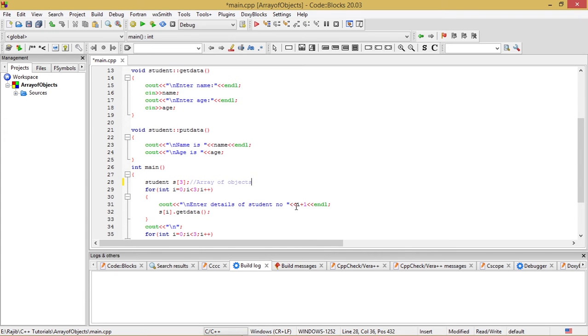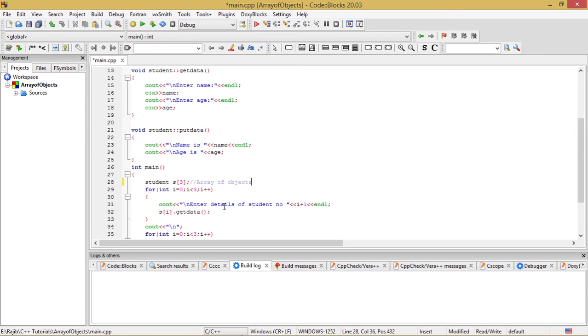For the programmer it is okay that student number 0 means student number 1, but for an end user who is not familiar with C++ or programming principles, we need to write student number 1 for student number 0, student number 2 for student number 1, student number 3 for student number 2, and so on and so forth.